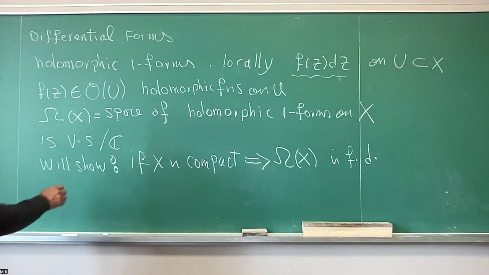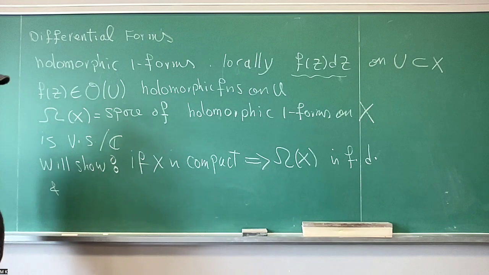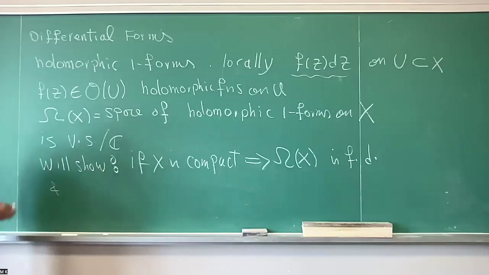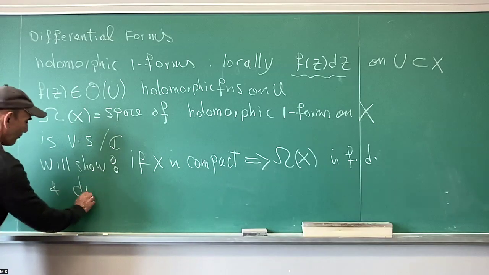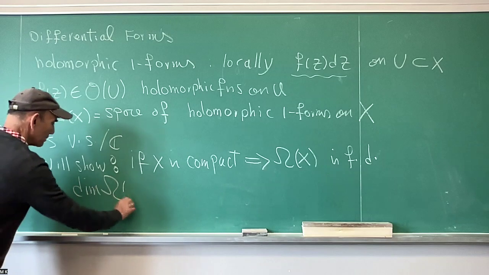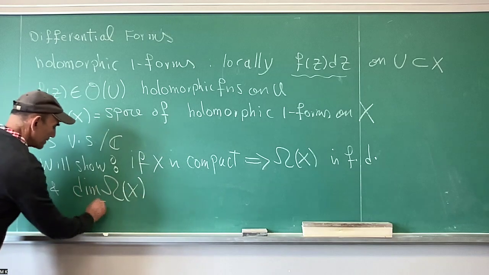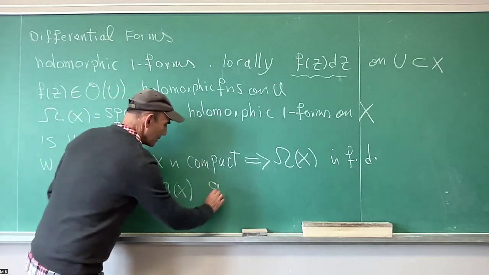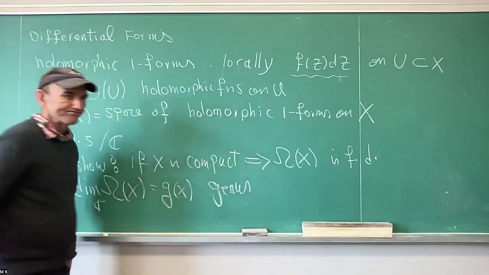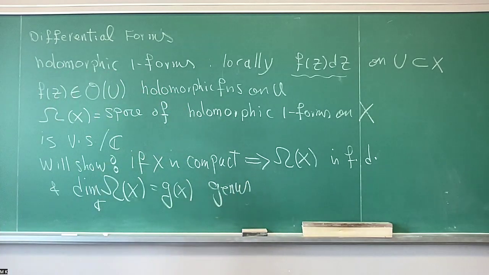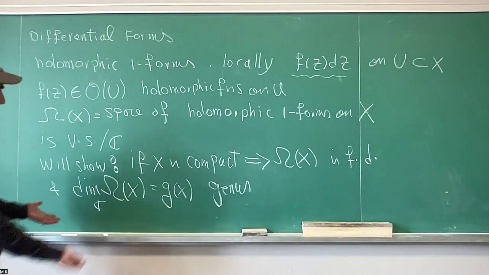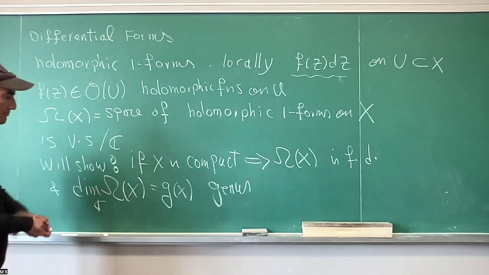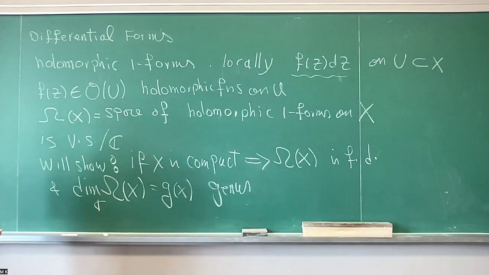So that's what happens. Being finite dimensional is already quite surprising. There's no reason for this to be finite dimensional. But the next one is even more interesting: the dimension of omega of X over C is equal to g of X, the genus of the surface. So it's quite a thing, right? You work with these holomorphic differential forms, one forms, and then all of a sudden some topological invariants